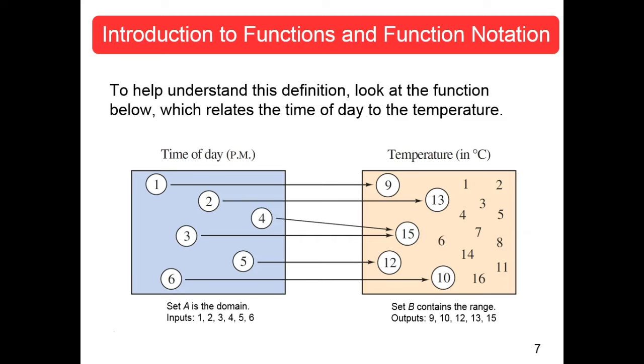Now, notice here about 3 and 4 o'clock. Does that violate that? No. At 3 o'clock, you only had one temperature. When you're reading that thermometer at 3 o'clock in the afternoon, it's only going to be one temperature. But it can be that same temperature again at 4 o'clock. You can have more than one input for the same output. You can't have more than one output for the same input. That's the key. This is a function. Does that make sense? Okay?